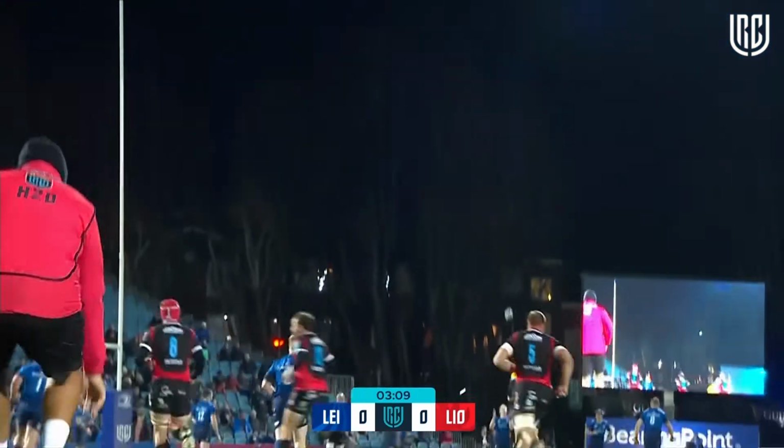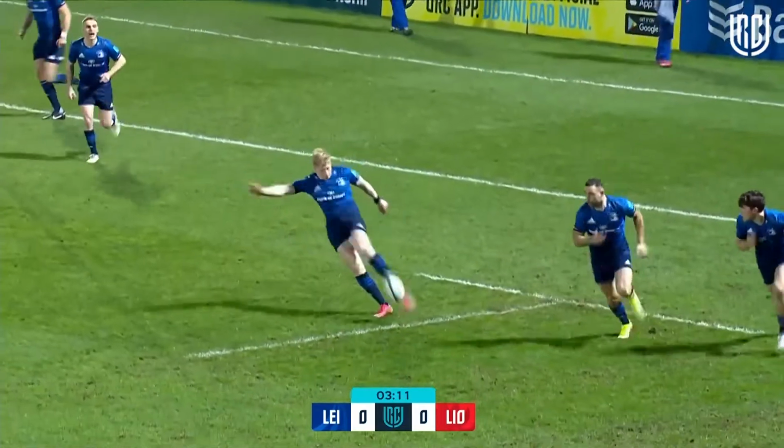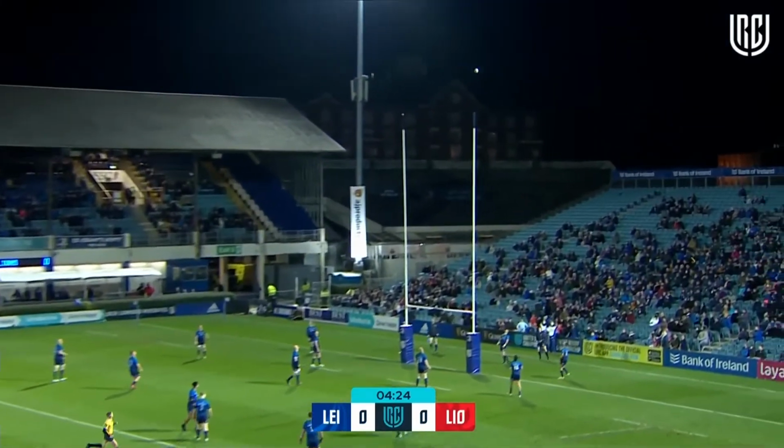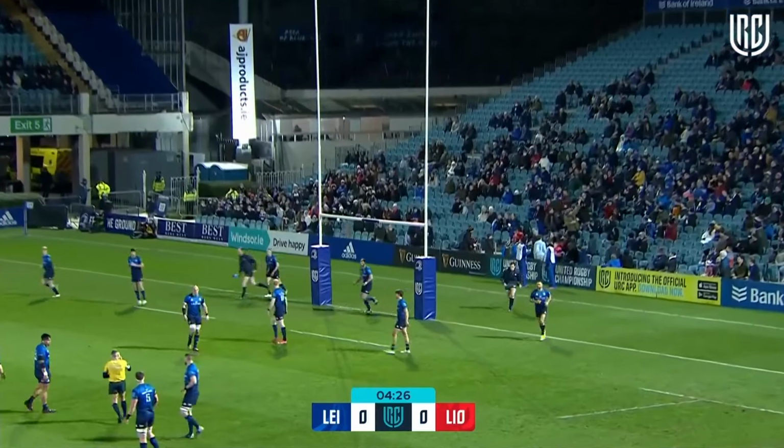And he's cut right across that and not threatened the post. No. He got plenty behind that, but he's just left it out to the right-hand side. So,